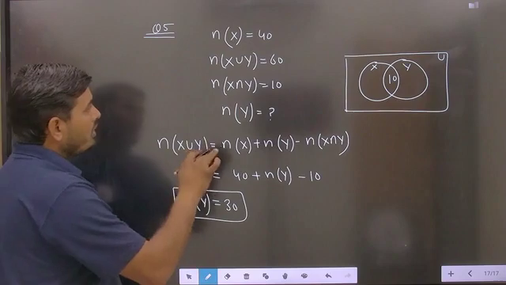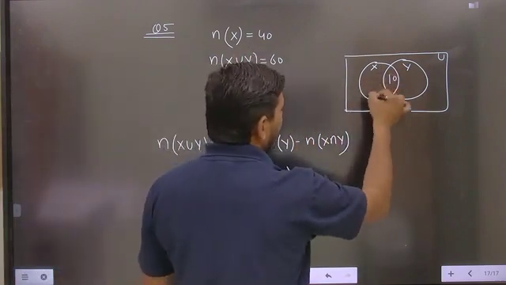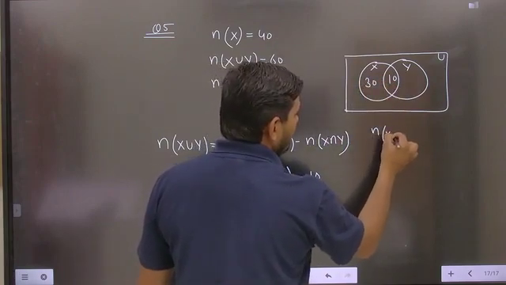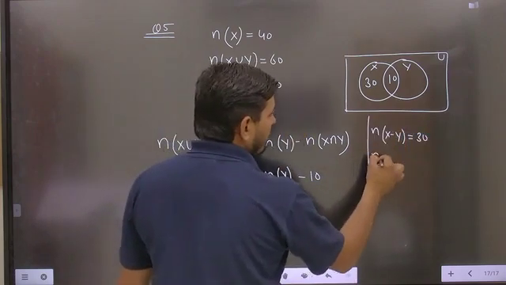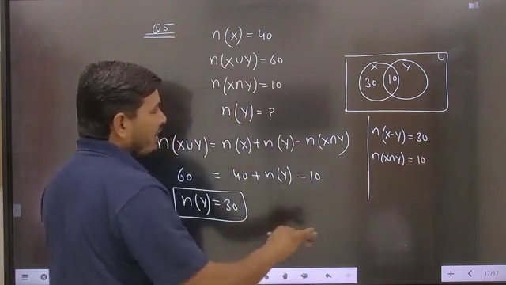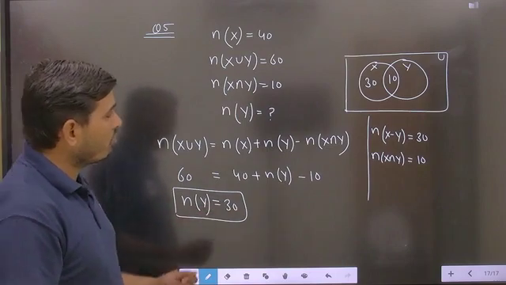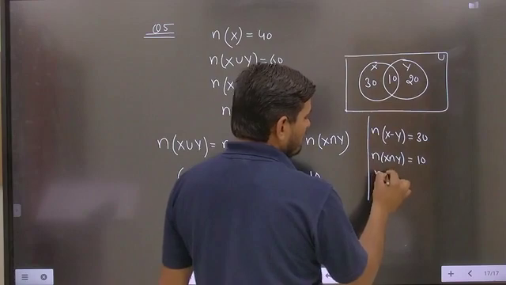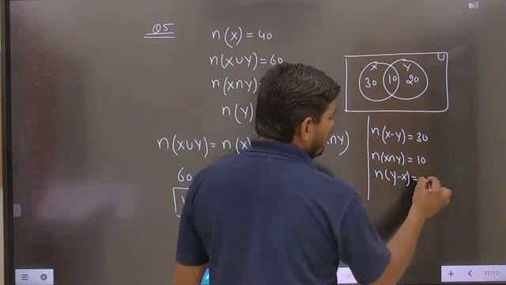Now the union, the number of elements in X union Y, is the total part with the value 40. This only part, the number of elements in X minus Y, will be equal to 30. And here the number of elements in X intersection Y is already given as 30. In the answer part, you can check the 30 elements are to be obtained in Y, then this particular part has the value 20. So the number of elements in Y minus X will be obtained as 20.